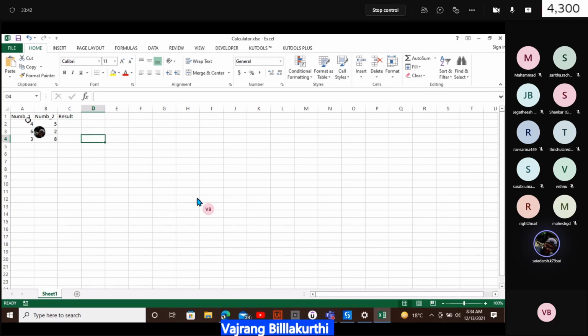So I will pick each and every row of each and every column, and based on this number, I will click on the calculator. Whenever the result comes, I will upload it in this cell. For now, let's not upload it in the cell. Let's only write it in the log message for now.